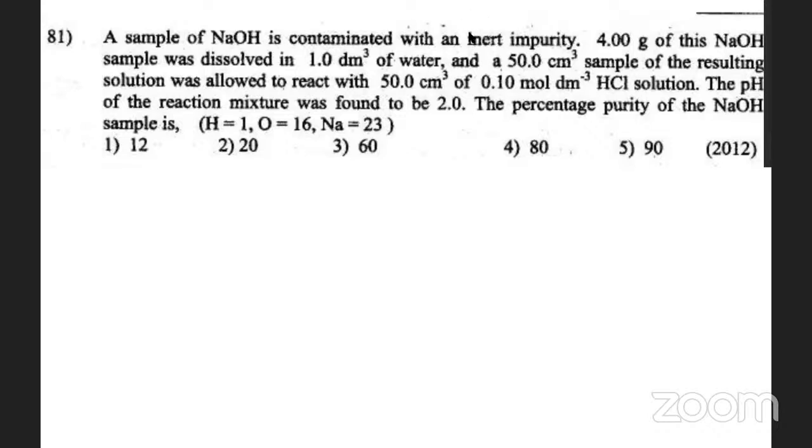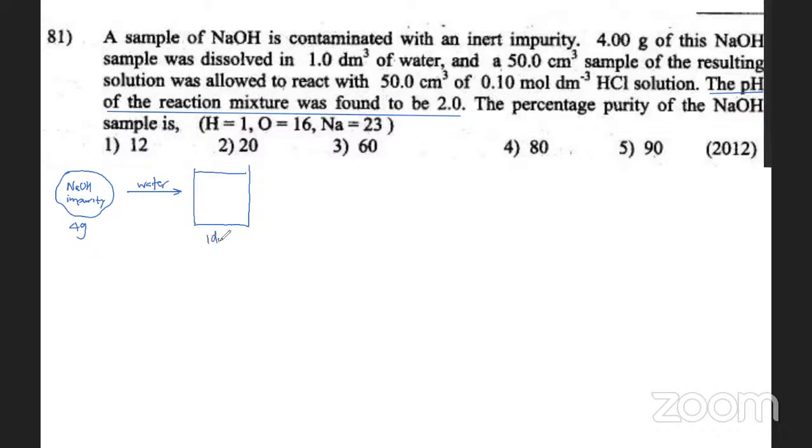So it's a classic chemical calculation type question, but the only part is this small part is there. The pH of the reaction mixture was found to be 2. So let's go with the process without missing anything. You have a sample of sodium hydroxide with an impurity. So it is not fully sodium hydroxide and some other inert, non-reactive impurity is mixed there, 4 grams. And first they are adding water, and they are forming a solution of